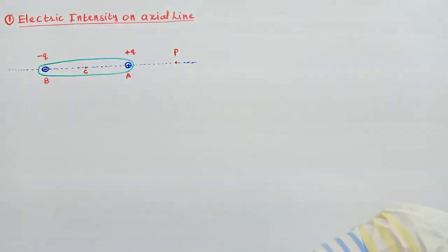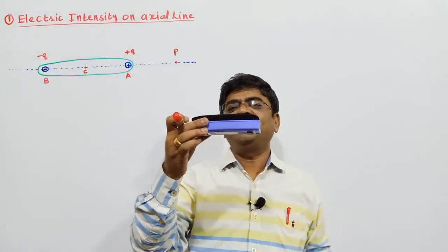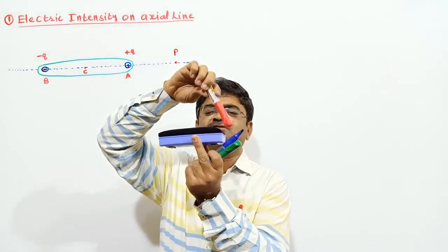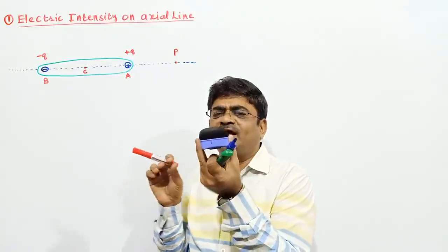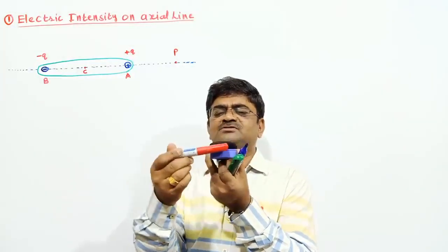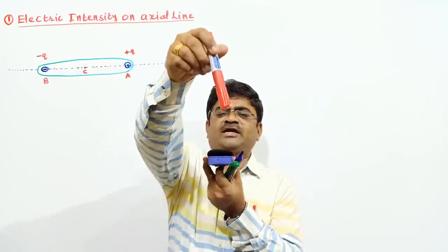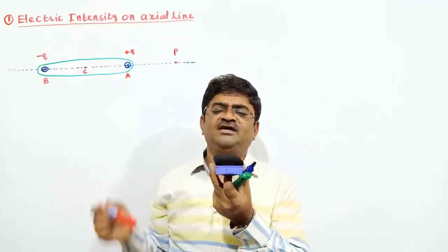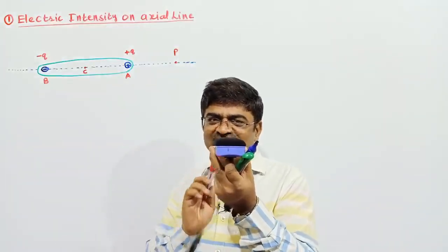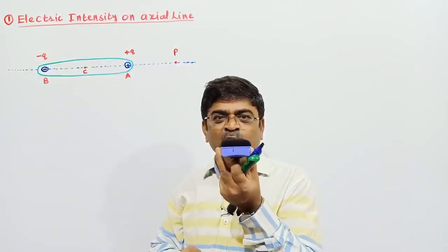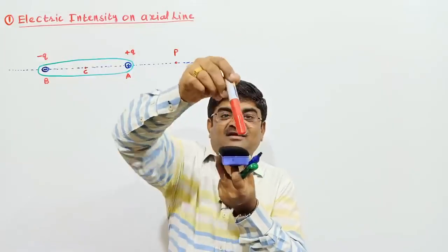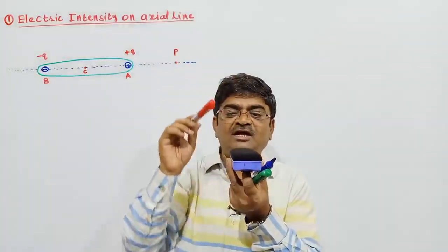I can describe that point in another way also. For example, say this is my dipole. Here I have the negative charge, here the positive charge. Let me hold it like this so that it will be better visible to you all. This is my axial line. What you are visualizing is this duster as a dipole. And I hold the dipole in such a way that you are on the axial line.